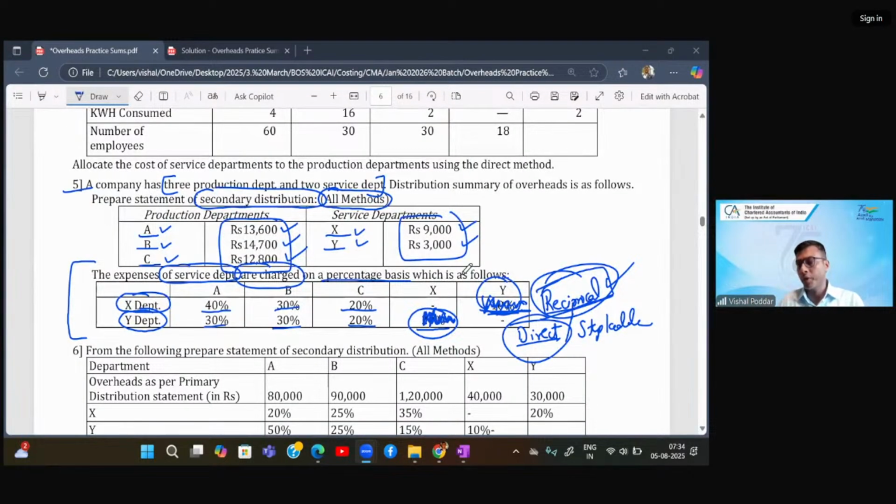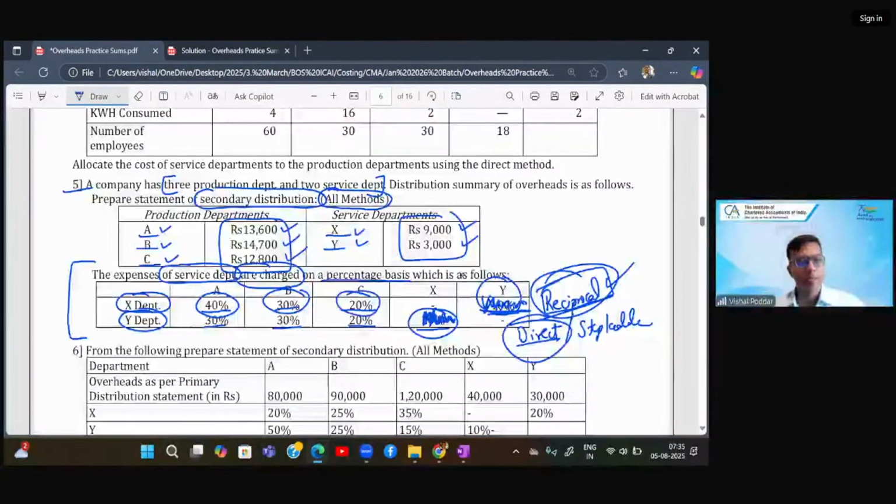Students, I hope all your queries are cleared up to this point. Now, to solve this sum by the direct method, we are ignoring X to Y and Y to X. Harsh has a very obvious question: sir, then how will we solve it, because this percentage total will not be equal to 100?